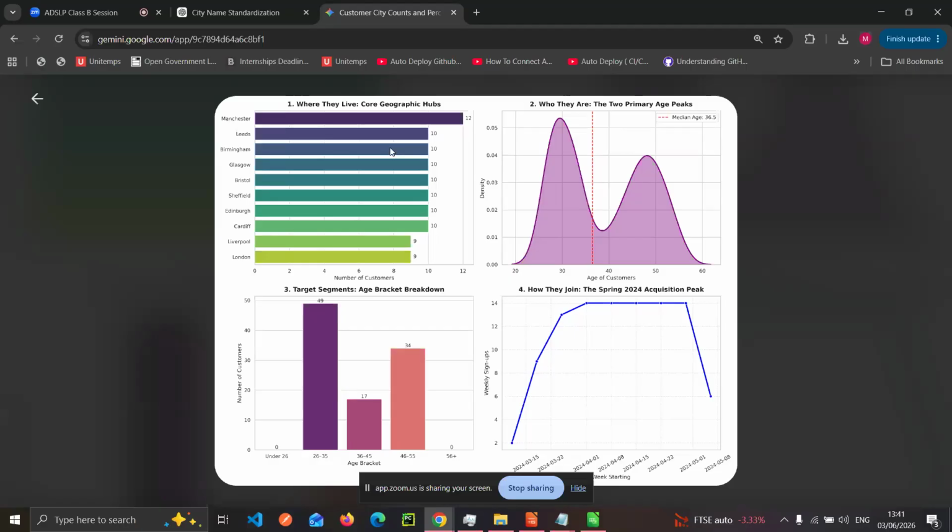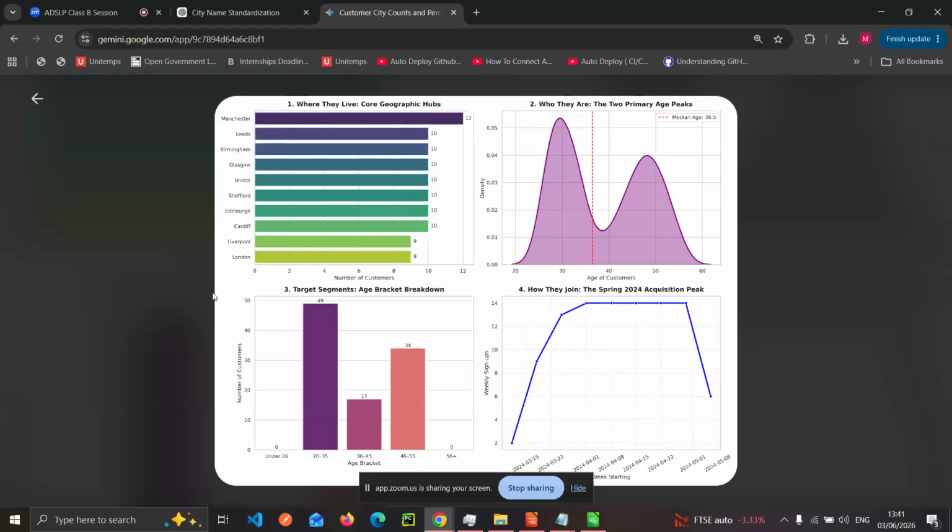From this, you can conclude that there is not much variation in the number of customers across the various cities. Now, who they are, the two primary age peaks, and we could see the median age, the maximum age, and the minimum age of the customers.